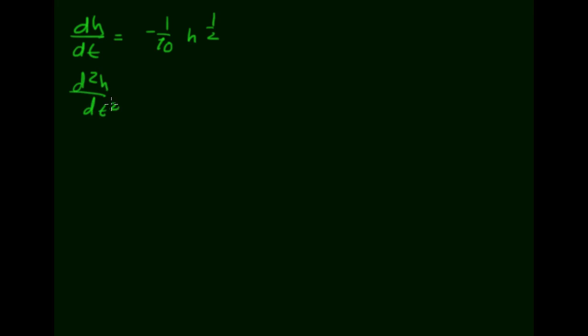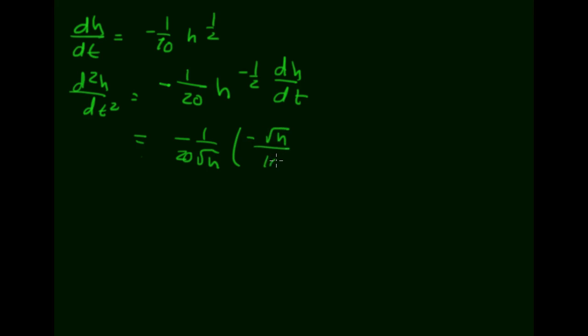which means the second derivative of height with respect to time is going to be negative 1/20 h to the negative 1/2 times dh/dt, which is negative 1/20 times the square root of h, that's a negative 1/2. So let's fix that. That's going to be negative 1/20 over the square root of h times dh/dt,